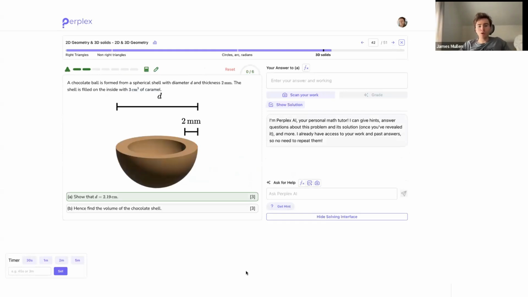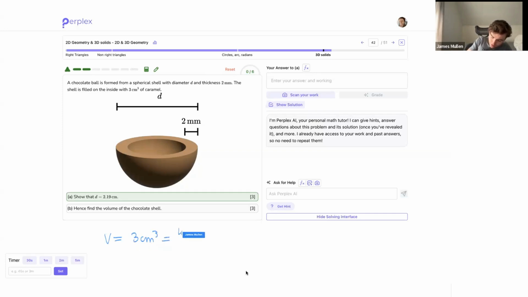I have a chocolate ball, and it's being formed by a spherical shell with a diameter d. The outer diameter is d, and the thickness is 2 millimeters. The shell is filled on the inside with 3 cubic centimeters of caramel, okay? So this ball right now is cut in half just so you can see it, but it's actually a full ball. And I have that the inside, which is full of caramel, has a volume of 3 centimeters cubed,